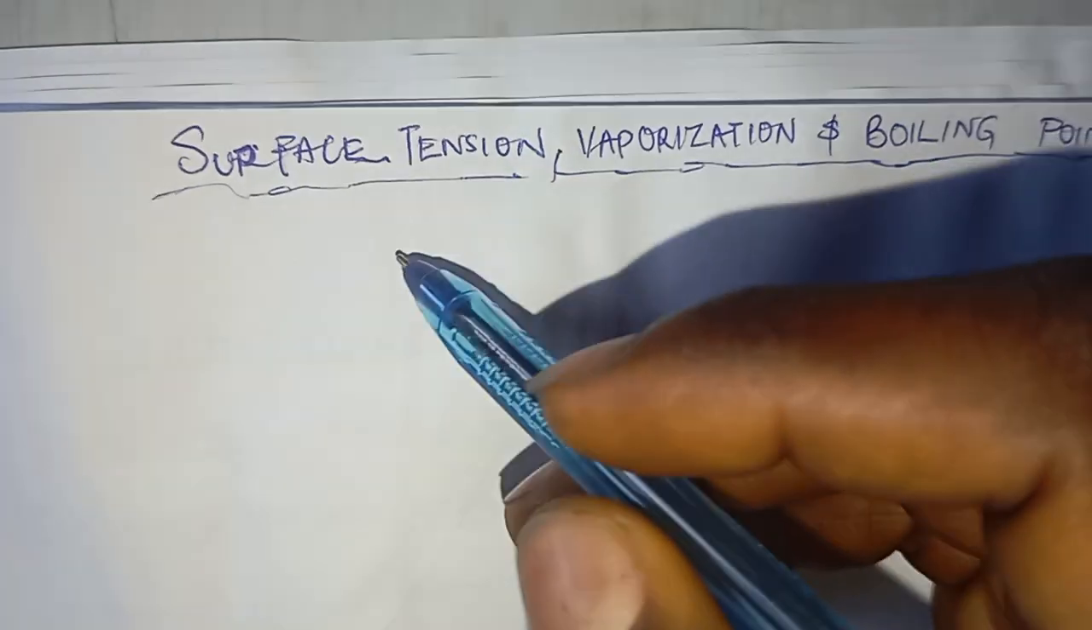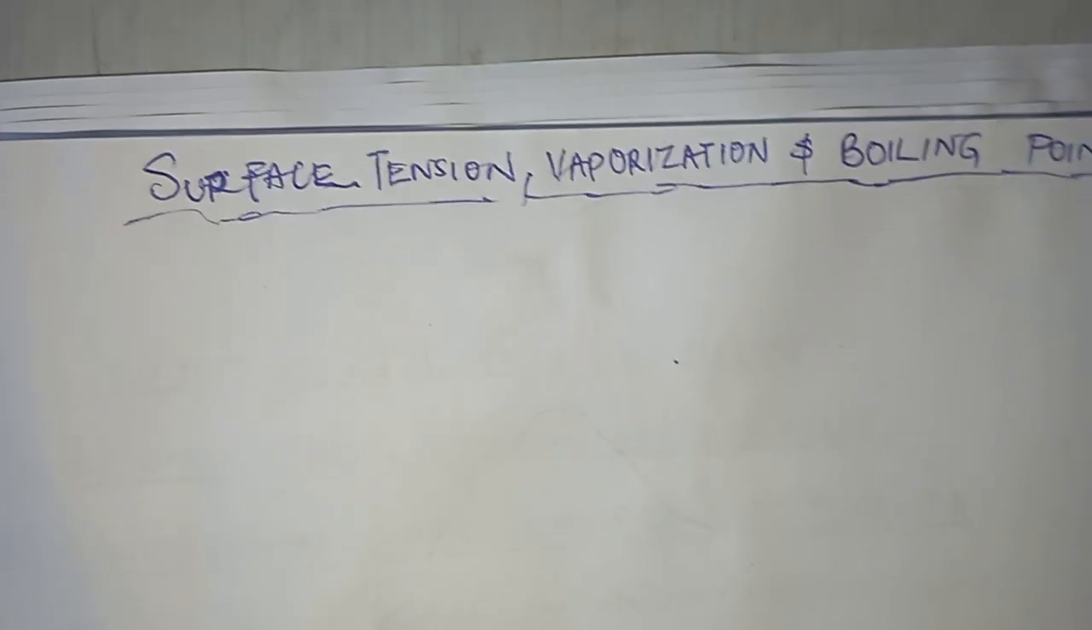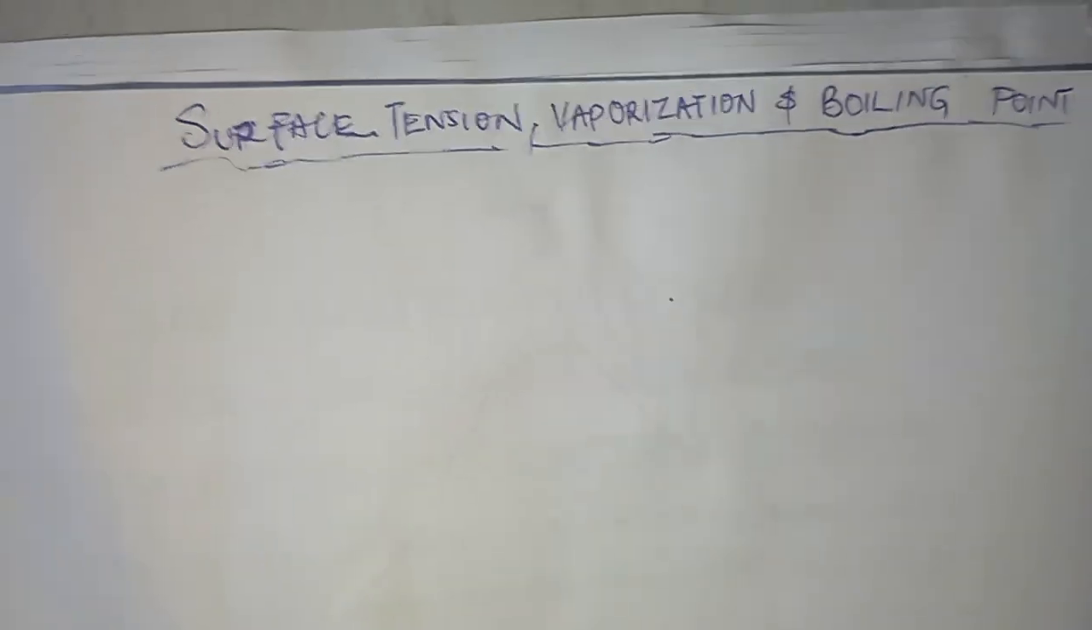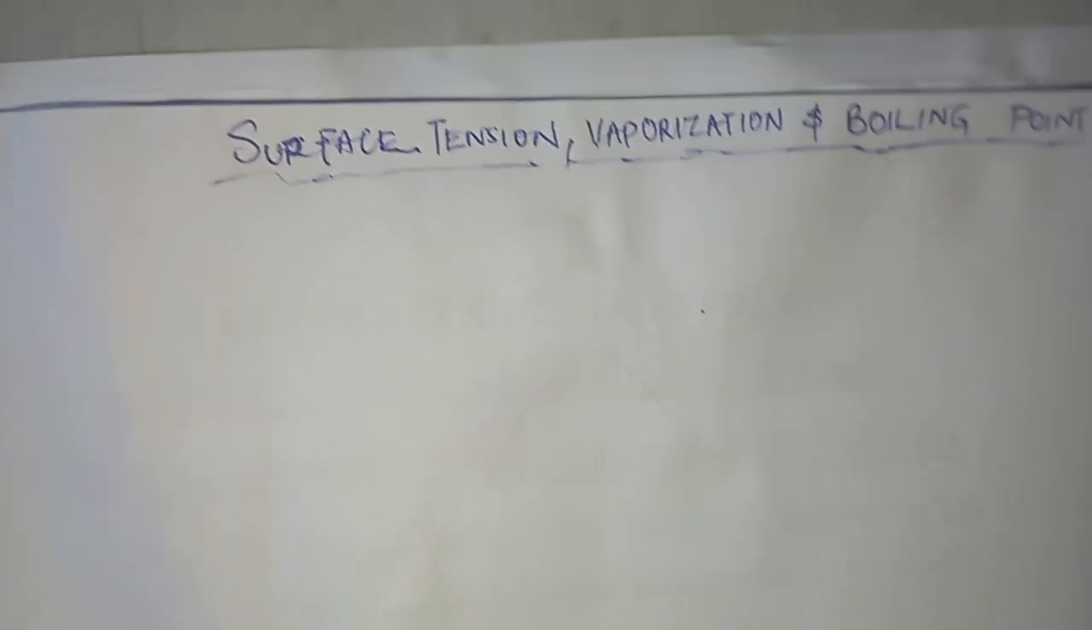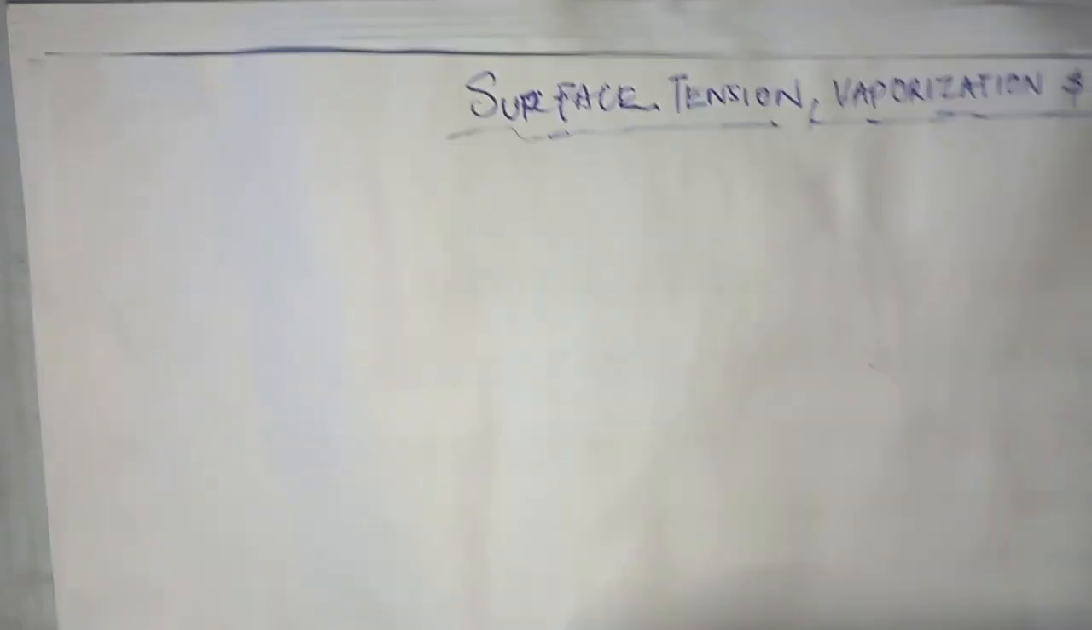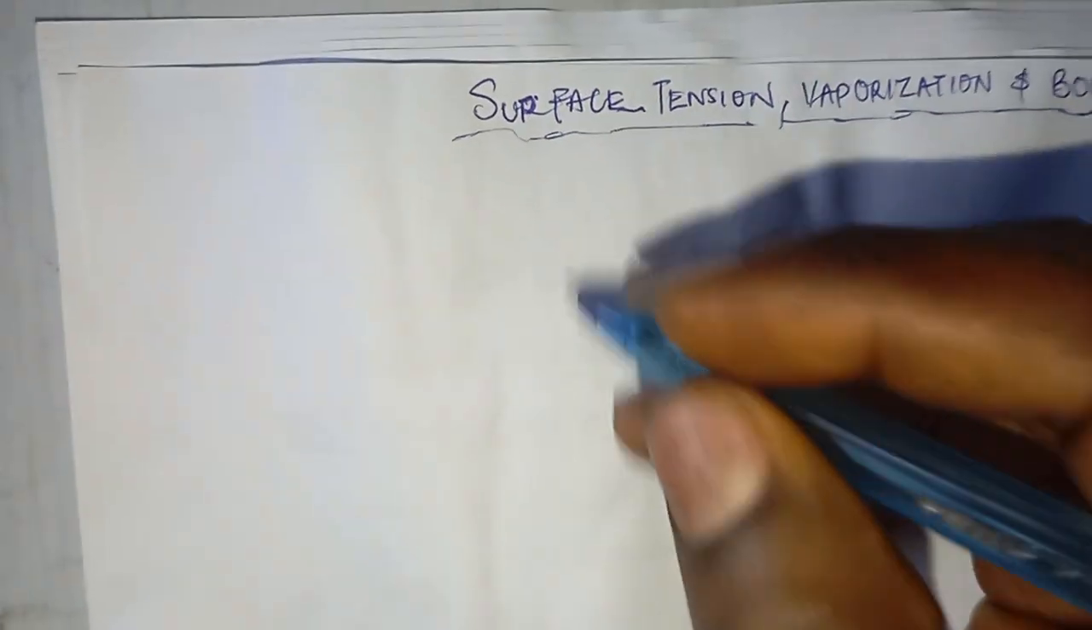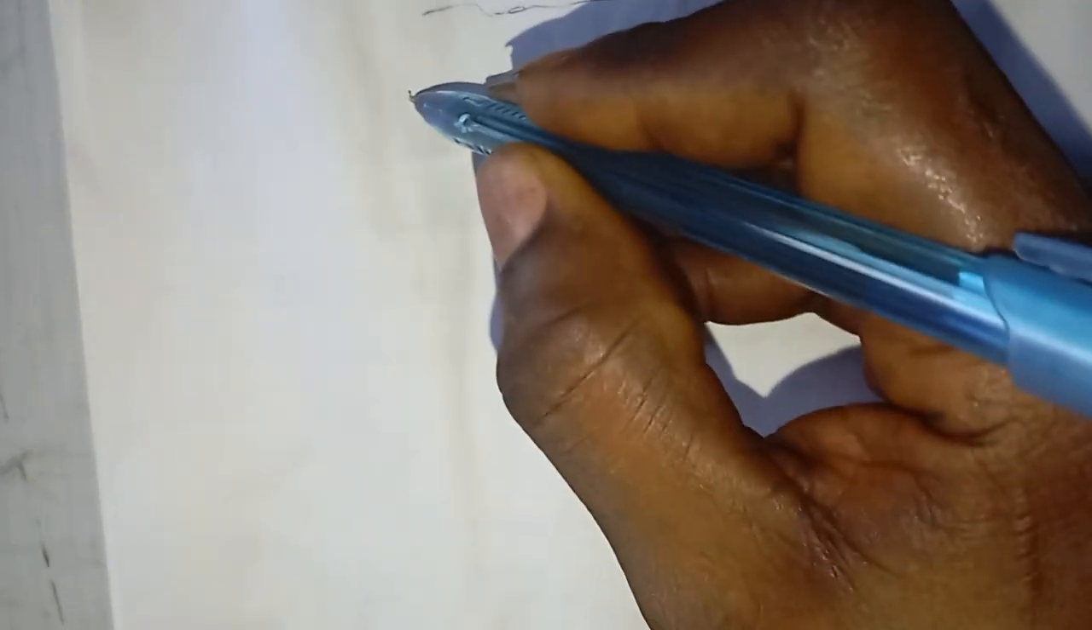Okay, today we are going to be treating surface tension, vaporization, and boiling point. The idea of this class is to just make you understand what it's talking about. It's not like we're doing calculation, but just for you to understand the concepts. So, when I hear surface tension, let's say this is